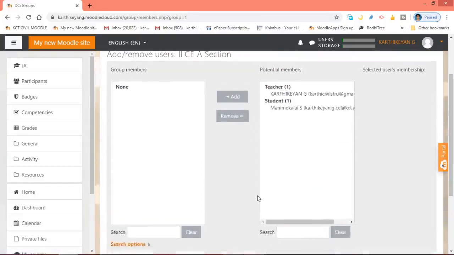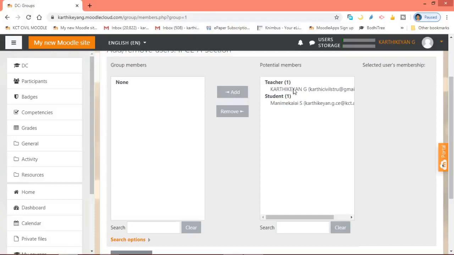After clicking this button, here there is a list available of the total number of students. Suppose for a course, for example, I am taking concrete technology as a course. In that course, there is a total number of students, both A and B. For example, if there are 138 students, you need to choose your own students. The list is available here. You need to add the students. For that, you can